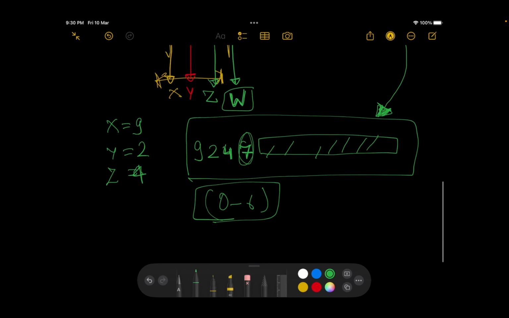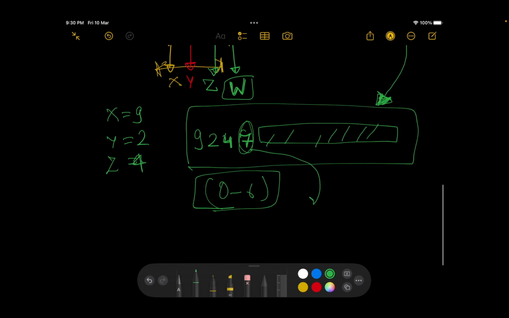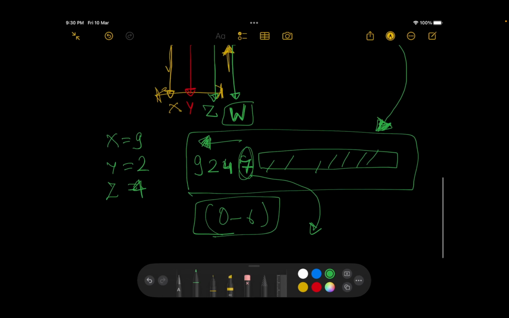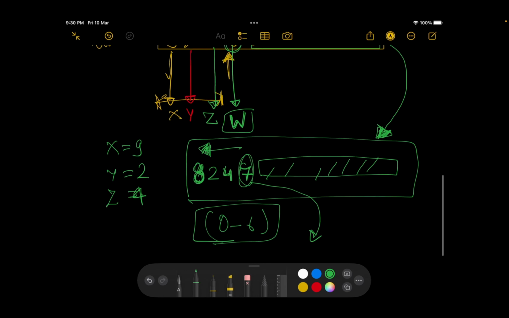In what case could you have written a number that is greater than 6 over here? In case to any element to its left, had you used a lesser number, so let's say for 9 I had actually used an 8, then you could say that okay, if I'm using a lesser element, then every element to my right can have any value. That makes sense?